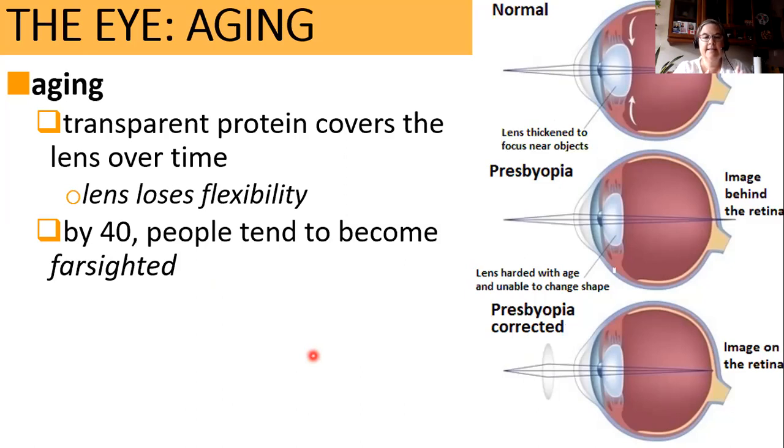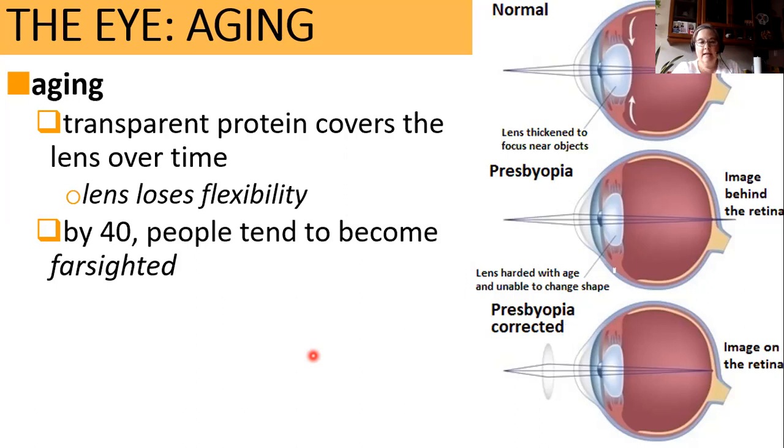Kind of think of your lens as a rubber band, right? So the rubber band gets pulled flat, and then that energy drops off the lens and it bounces back to round. Hold flat, bounces back to round, just like an elastic band. Well, when you age, those proteins, it flattens to see something far, and then your lens is like, creak, and it really doesn't bounce back anymore. So it stays kind of flat,